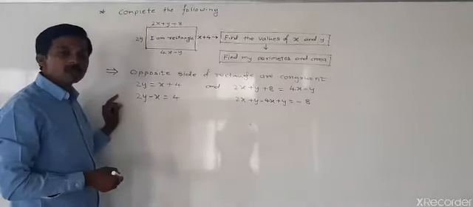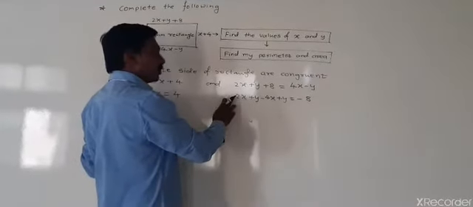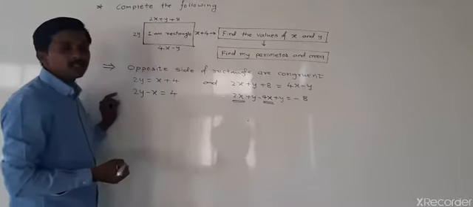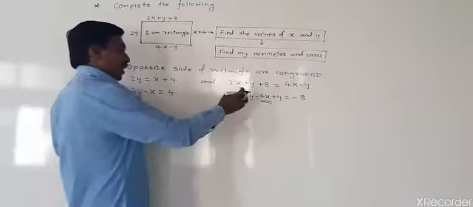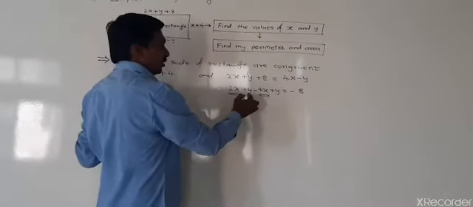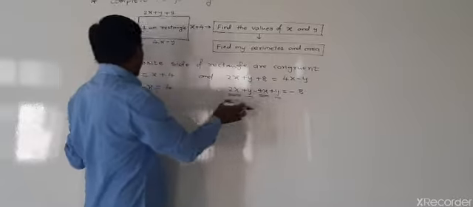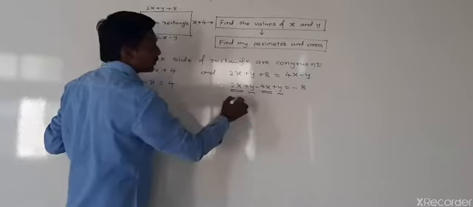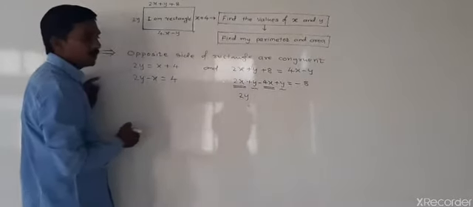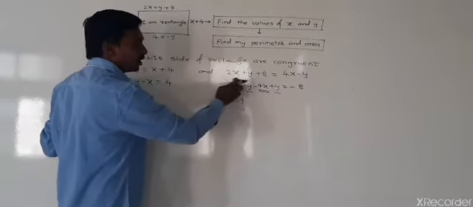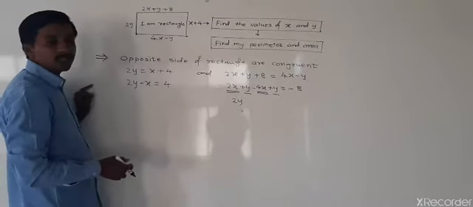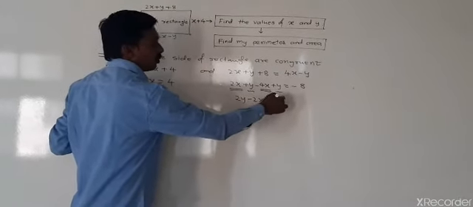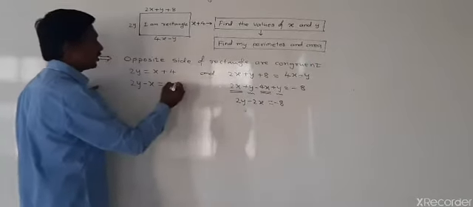Now simplify this, add and subtract the similar terms. Here we have 2x, positive 2x, and negative 4x. Similar terms are there. And their subtraction is minus 2x. And y plus y is 2y. First we will add these y and y because we write the term having variable y first. So y plus y, that is 2y. Now 2x minus 4x. One term is negative, one term is positive, so we have to take the subtraction. The subtraction is minus 2x. That is equal to minus 8, and this is the second linear equation in two variables.